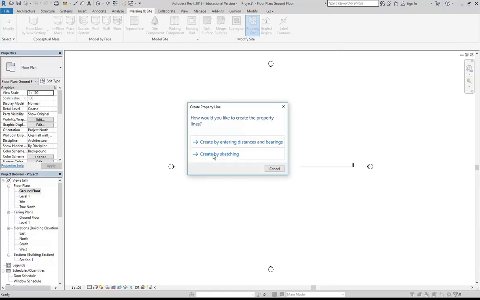Always in Australia, and in fact every country pretty much except America, you should use create by sketching. The bearings don't work for us because we take the bearings generally from magnetic north, and that's pretty standard around the world actually. So these bearings are from true north, and we don't want that. So always create by sketching,